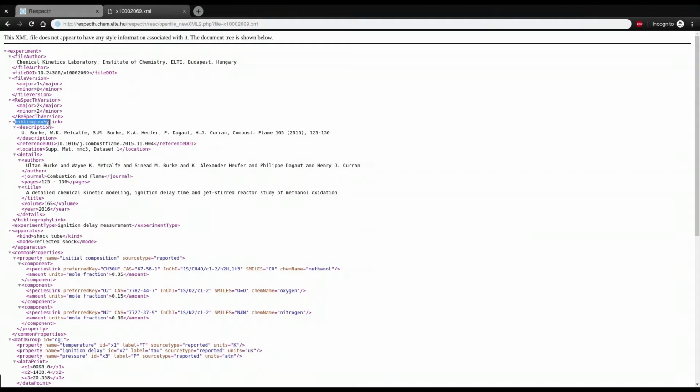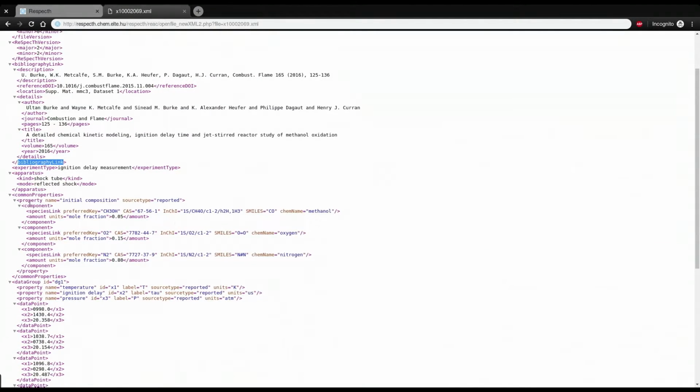An XML file stores the information between starting and ending tags. For example, the information about a physical property of the experiments should be defined inside a property tag. The actual name of the property should be given with the name attribute.